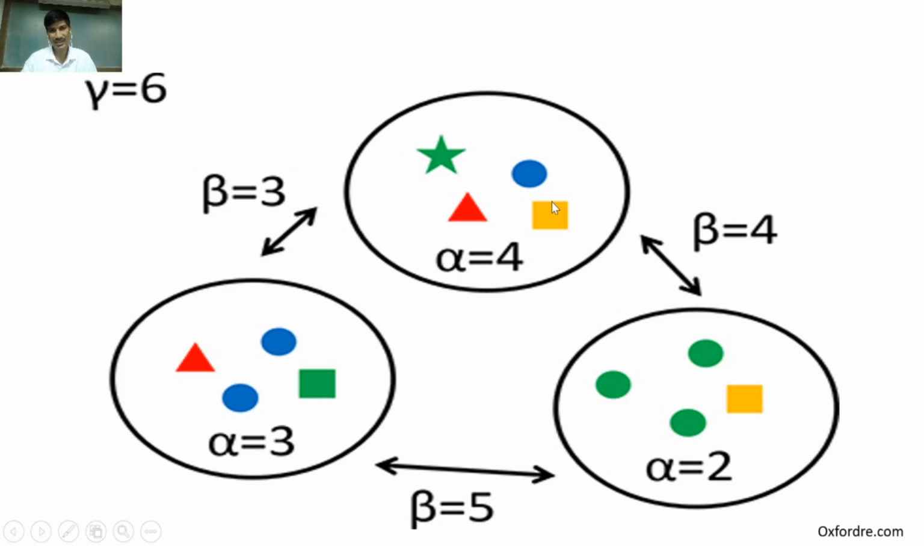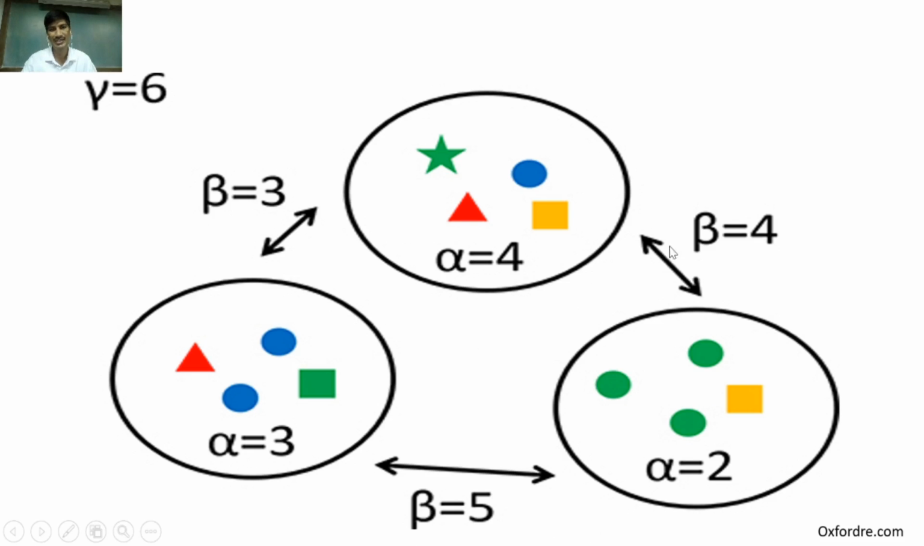Similarly, for sites 2 and 3 the beta value is 4, and for sites 1 and 3 the beta value is 5, because a different type of animal is found there. Therefore, each value is considered: we go through the alpha value, the beta value, and the gamma value. Then we go through all 3 sites, and the gamma value, the gamma taxonomy